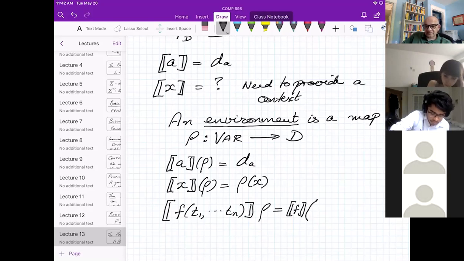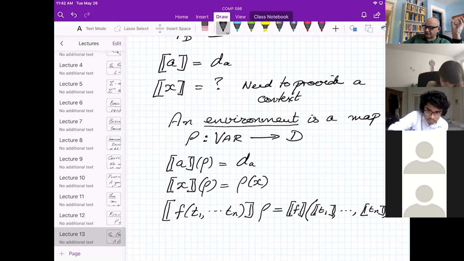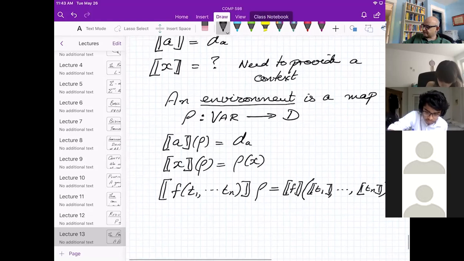Now this function symbol f, and I interpret each one of those terms. Okay, so now the square brackets f thing is a bona fide function, no longer just a mere symbol. The t's have been interpreted. So again, you see this is an inductive definition of the interpretation of terms.